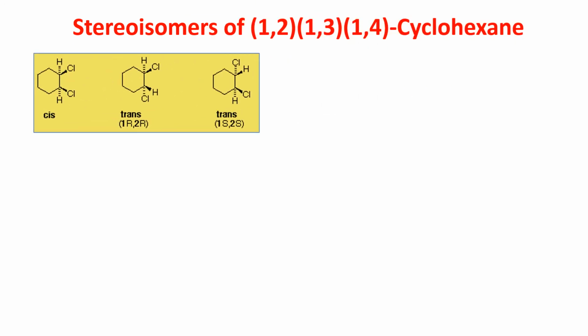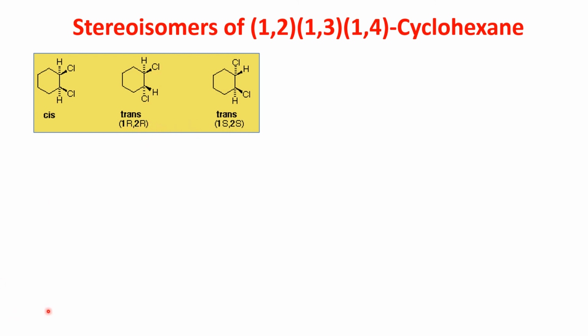This is 1 and 2. See here, this is the first position and the second position. In 1,2 cyclohexane, both are solid wedge, so this is a cis. Here, one is a solid wedge and the other is a dashed line Cl, so this is a trans. One is R,R, another one is 1S and 2S; both are S,S. This shows these two are enantiomers. When one stereogenic center is completely changed into the other, we call them enantiomers. Here R,R becomes S,S, so completely changed. So we call these enantiomers.